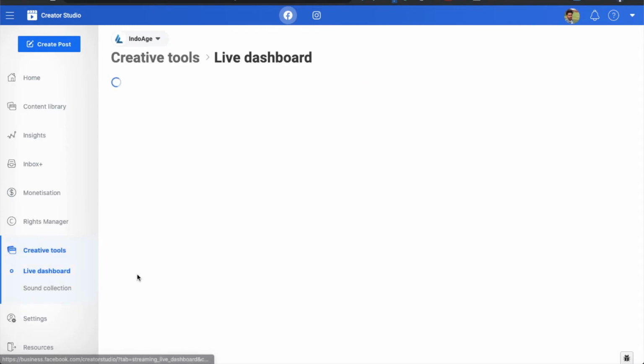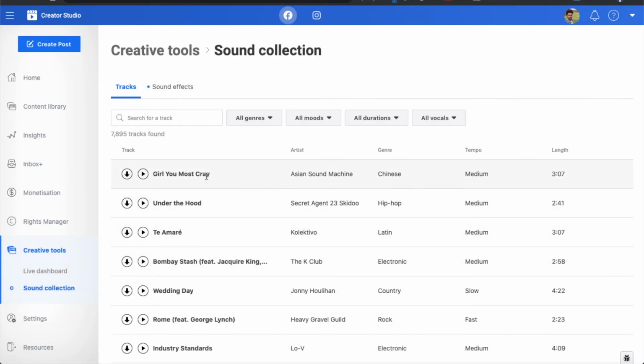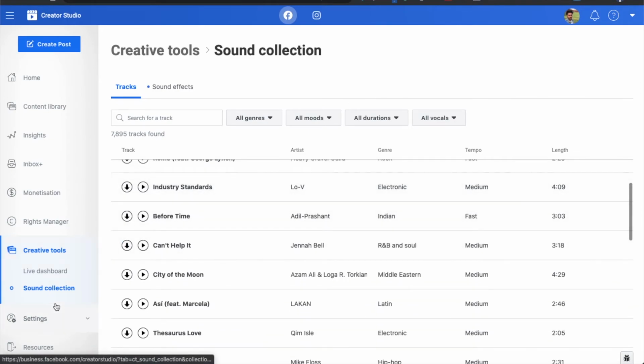Now here we have a creative tool. It is basically a tool offered for the live dashboard. When you go to the live section, you can change the background, and there are lots of features which are not eligible for my page, but I have studied them. And from sound collection you can use copyright-free sound for your videos.